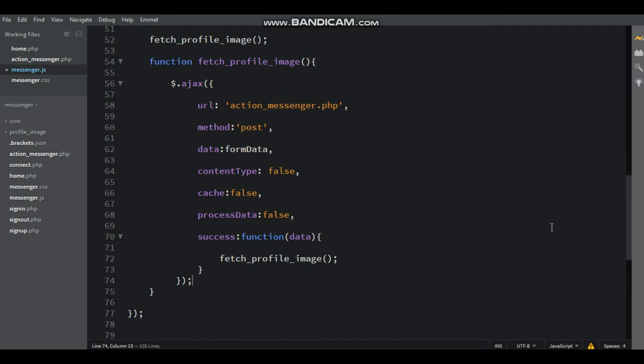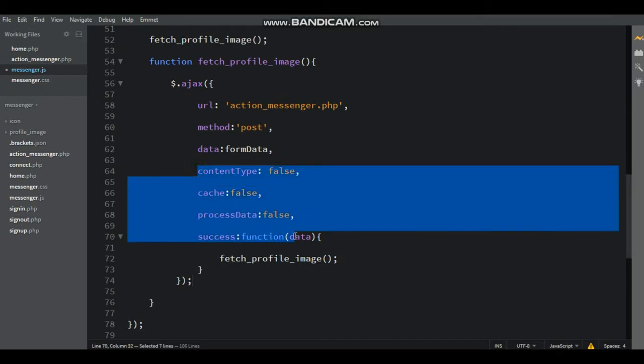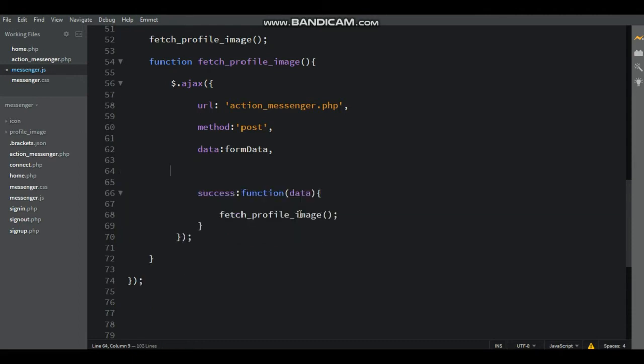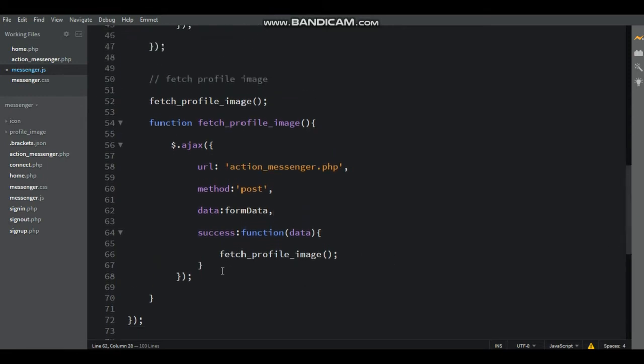Now remove the content type, cache and process data. Also remove the fetch profile image inside success function data.